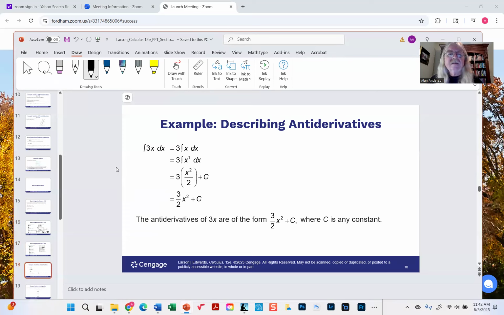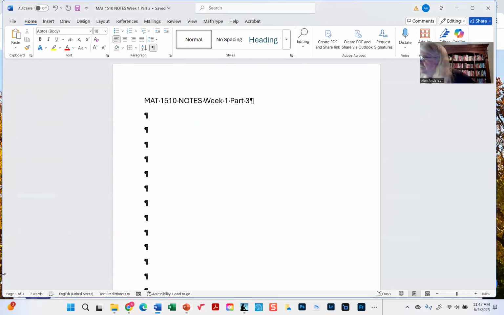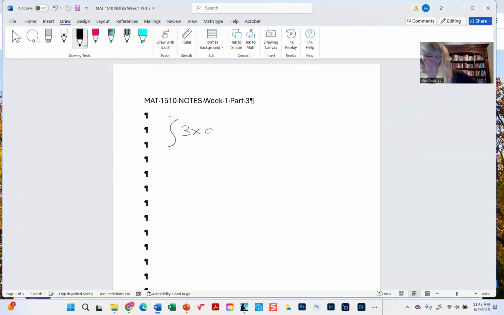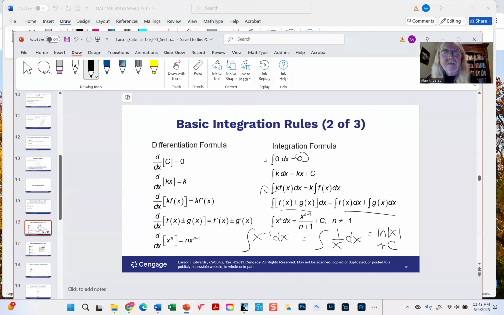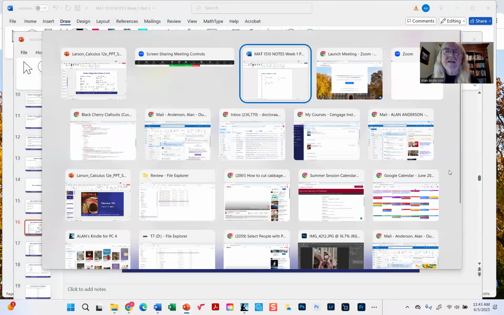Let's see. So they got a few examples for us here. For example, the integral of 3x dx. Let's move this over here to my notes sheet. So first we notice that we, of course, have the ability to move the 3 outside. Now, also don't forget that x is the same thing as x to the first power. So that means that we're using basically two rules at once. Right here, this rule at the bottom, the power rule, x to the n is now going to give us back